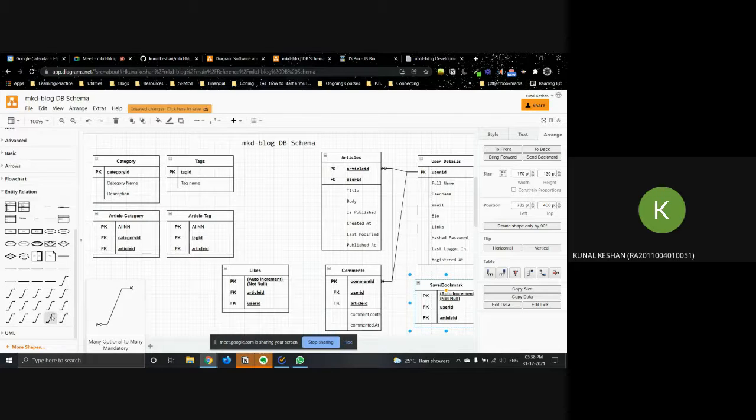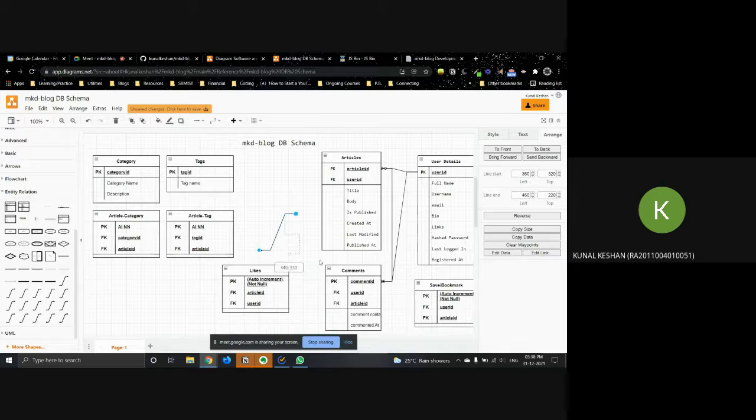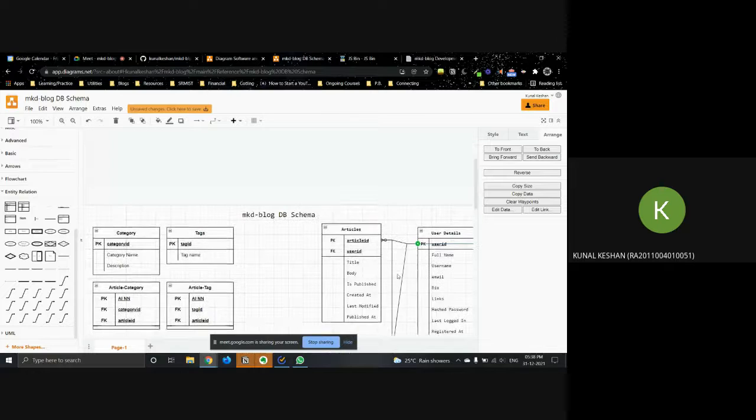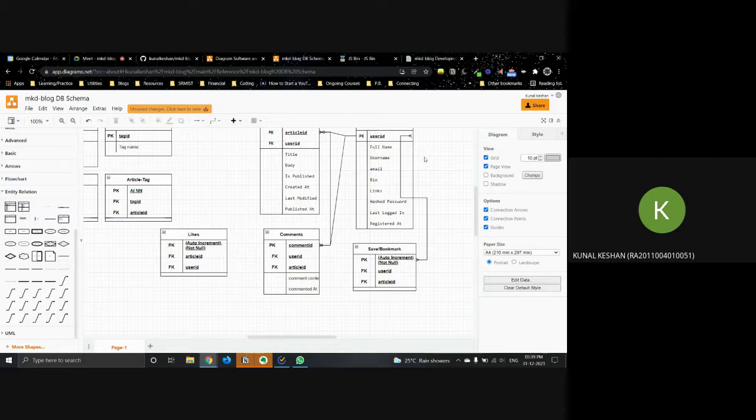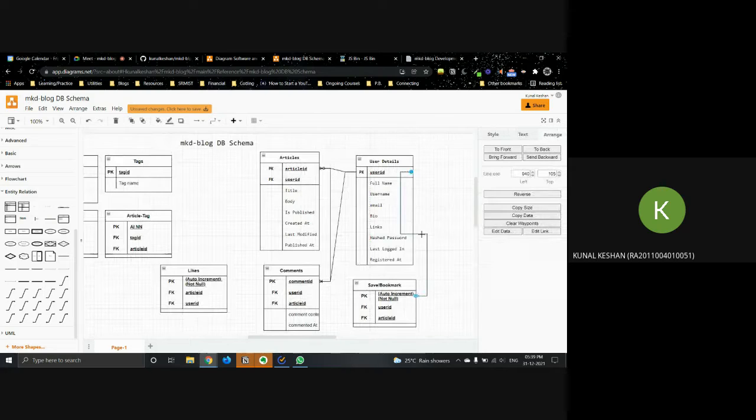So many to many, with both the users table and the articles table, because one user can have many saved, and one article can be saved by many users. Does it make sense?